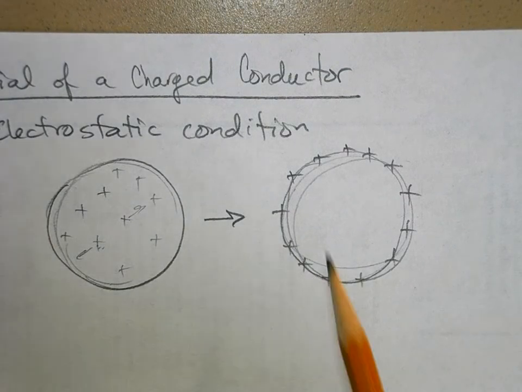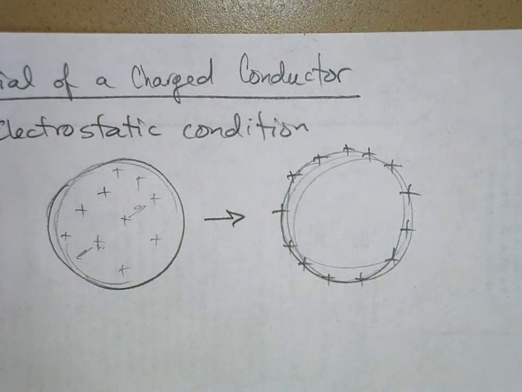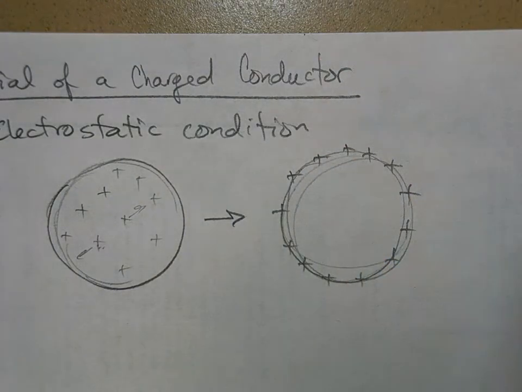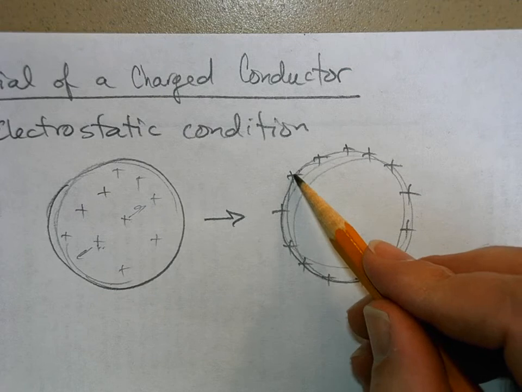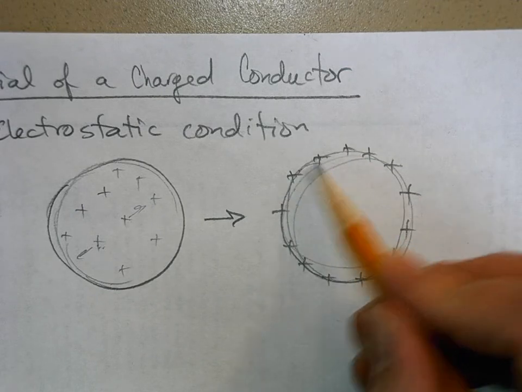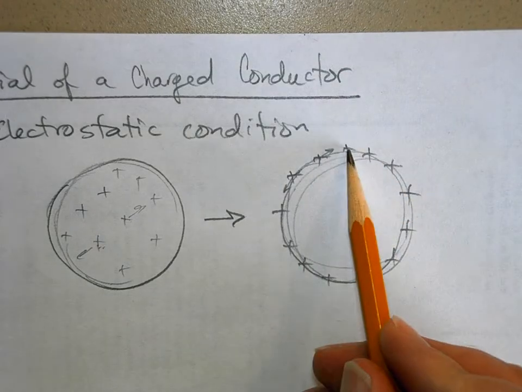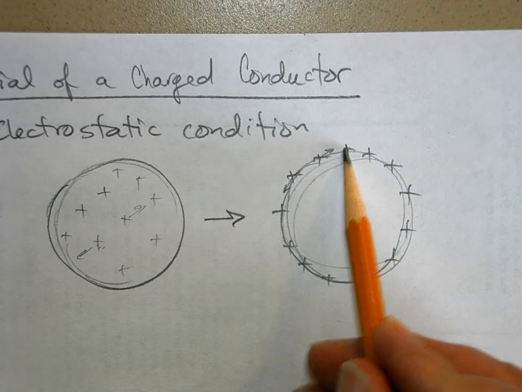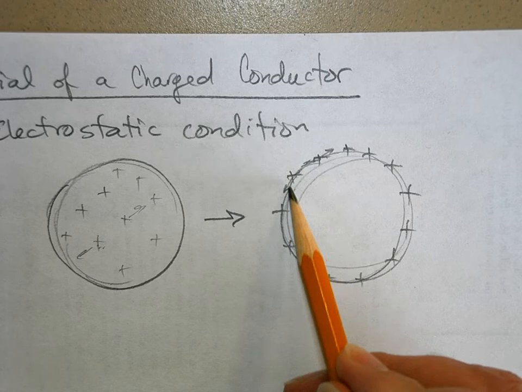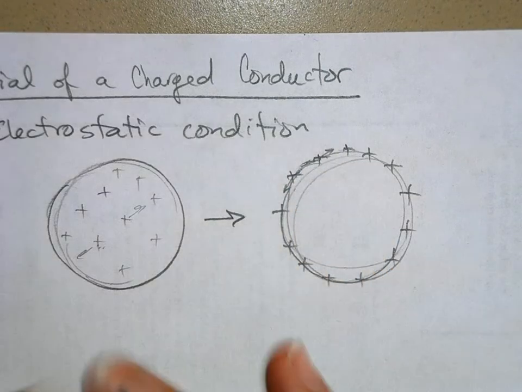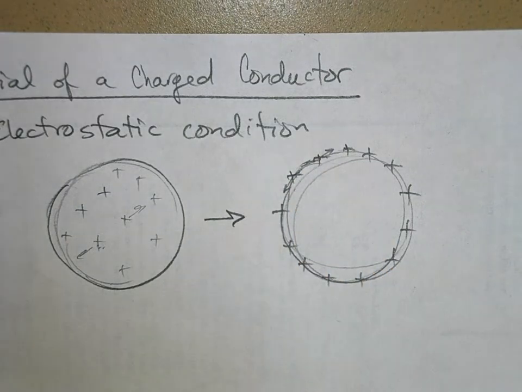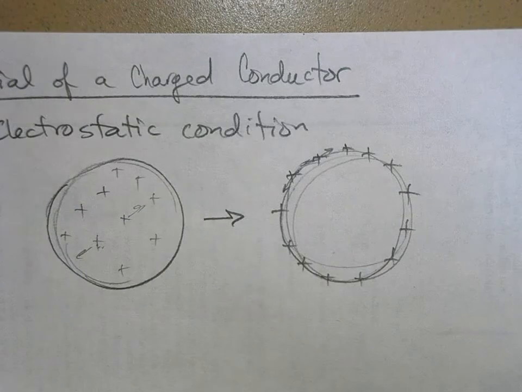Now, these guys are still applying forces to each other, right? Let's look at this in cross section again. These two guys are applying forces to each other. So this guy is repelled and this guy's repelled, but this guy is repelling it too. And they're balancing each other out. Now these charges are going to adjust themselves so that when they stop moving,